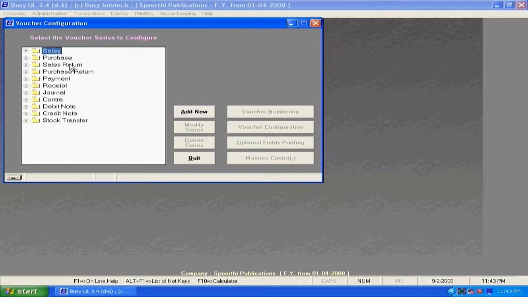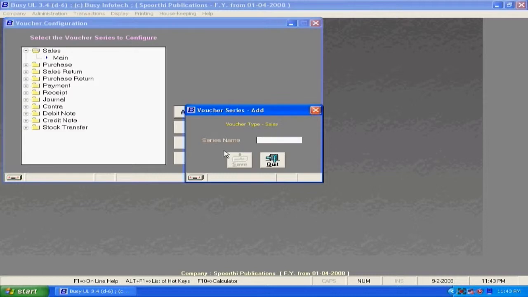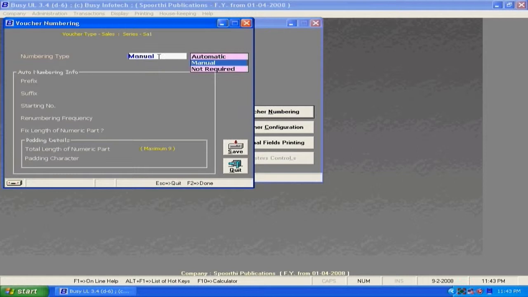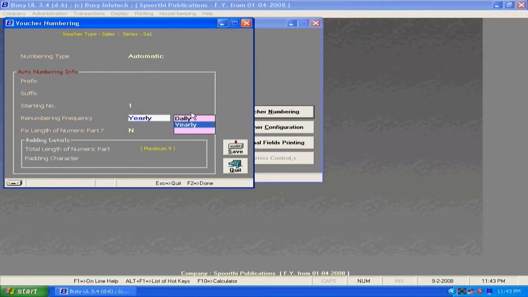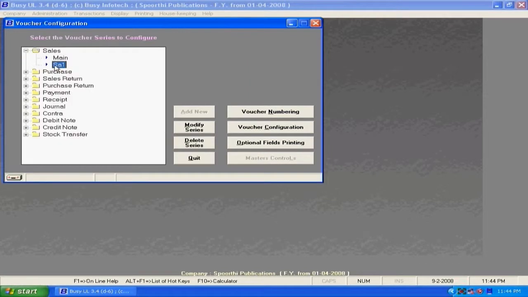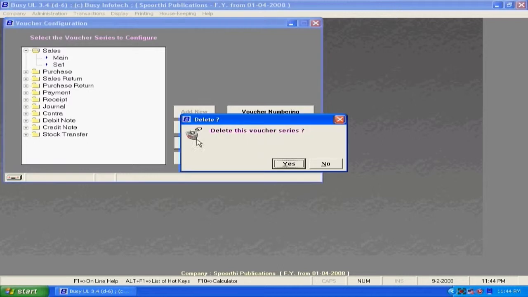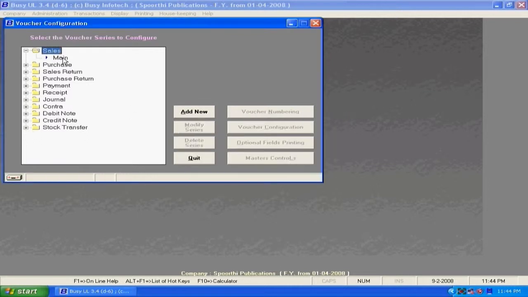Voucher configuration. Voucher configuration consists of sales, purchase, sales returns. By default main, you can create other types of vouchers with these details, numbering format information. Select accordingly to your vouchers and save the changes. You can modify the voucher types which you have created and delete them. By default, every voucher series has main